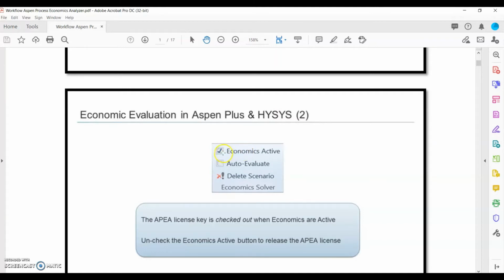If we tick this, then the Aspen Process Economic Analyzer license key will be checked out, because we can run the Aspen Process Economic Analyzer as a standalone software, not within HYSYS. We can also run APEA within HYSYS. If we run the APEA within HYSYS, then the license key will be checked out.